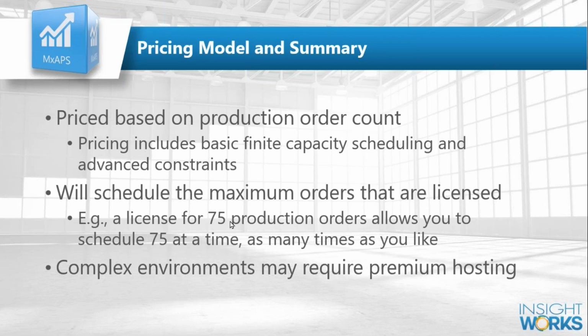So the next tier, I think, is 200 production orders and then 500 or something like that. But check with your partner. They'll be able to get your pricing, or contact us and we can help you out. So it is a pretty low cost solution for automating all that scheduling.